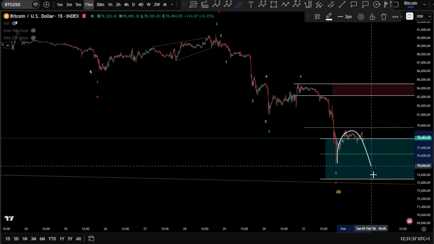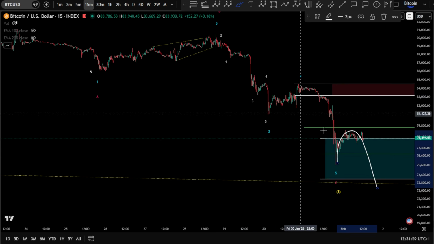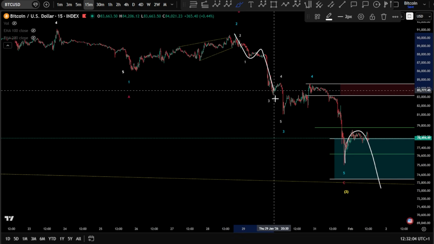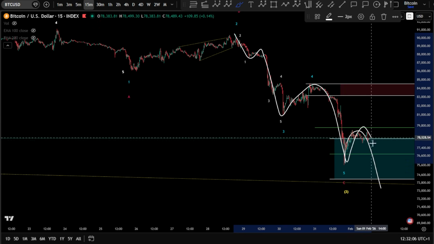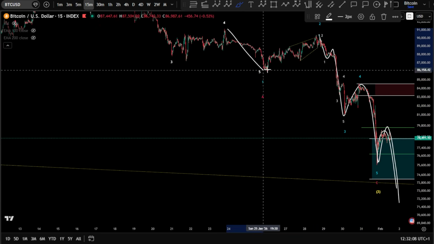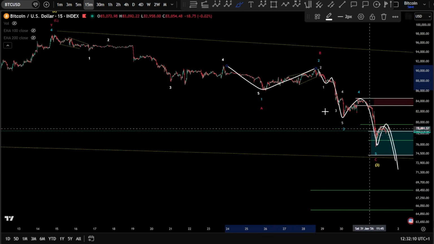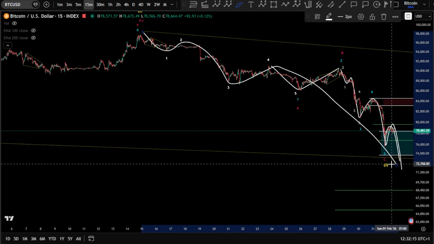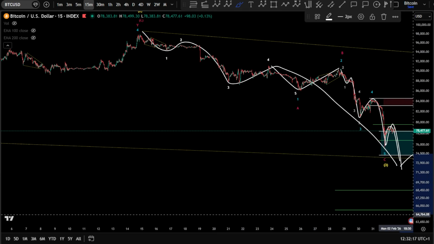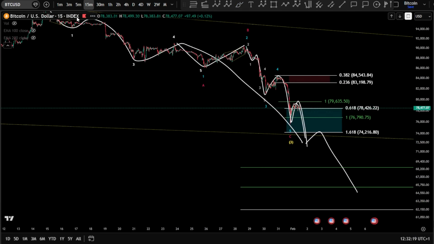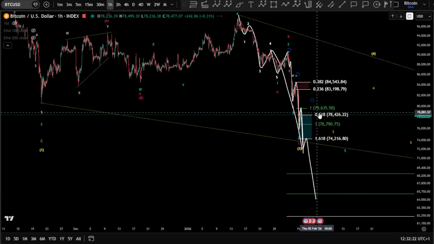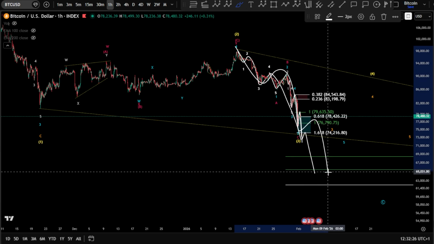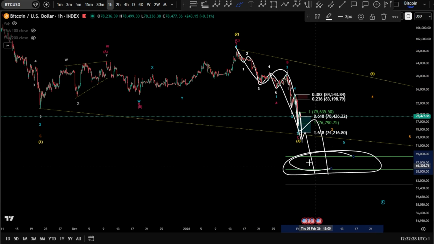And if another extension is unfolding here, and based on this timing for this correction, it is very likely to be an extension, and then transforming all of that to something as, of course, 1, 2 here, wave 3, 4, and a 5, 4, and a 5 again, because you might transform this to another 1, 2. And then, of course, you have also 1, 2, 3, 4, and a 5. So yeah, I think that you might extend even one more down to make, of course, a full impulse here. Yeah, so by all means, a 1, 2, 3, 4, and a 5, something like this, to hit our targets.